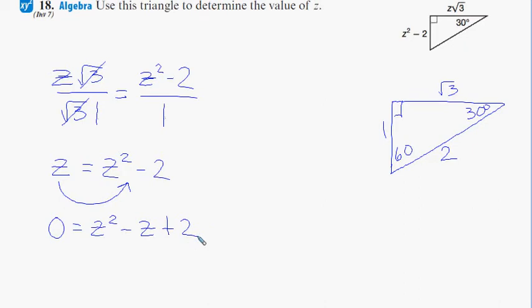Now, we haven't worked with quadratic equations a lot recently, but I'm thinking we can probably just solve this one by factoring rather than by using the quadratic formula. So I'm going to recommend, because we need to look for our factors of positive 2. Factors of positive 2 are 1 and 2. Notice that we need to look for a negative 1. So,